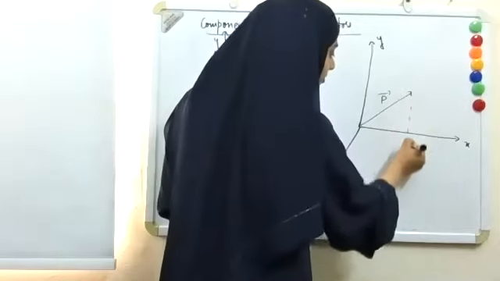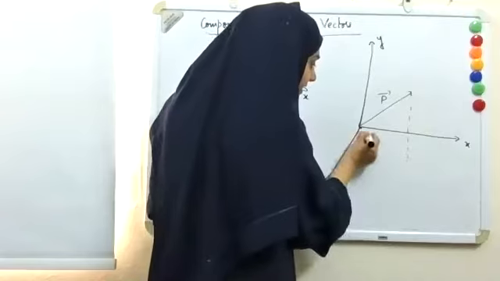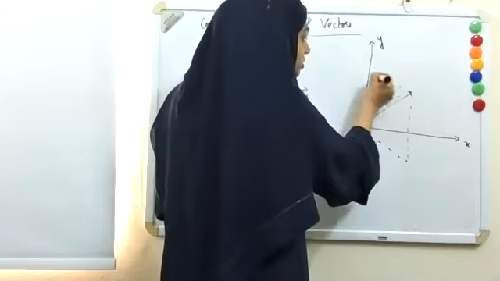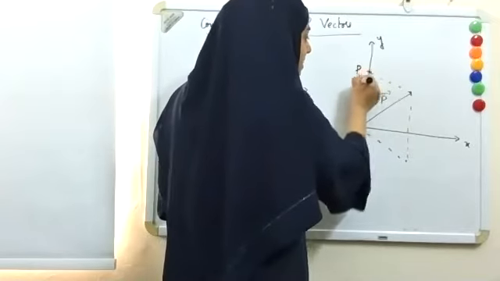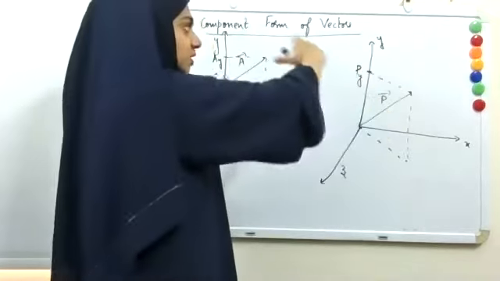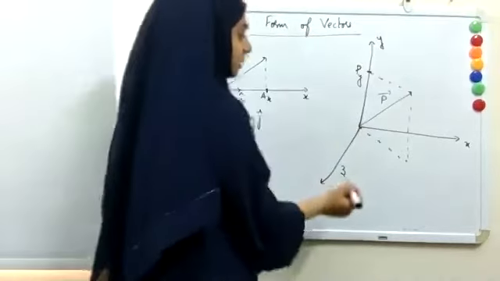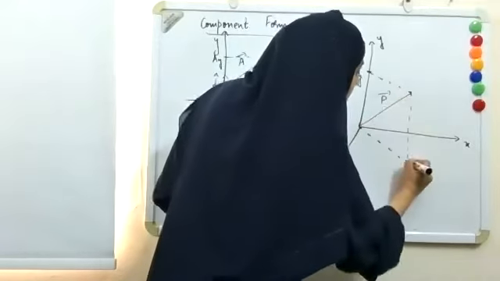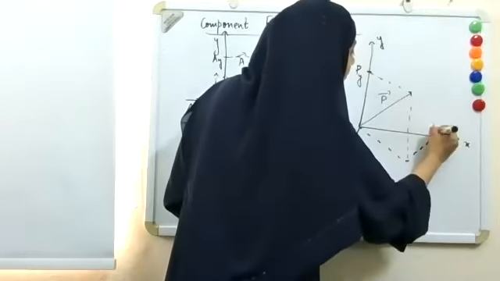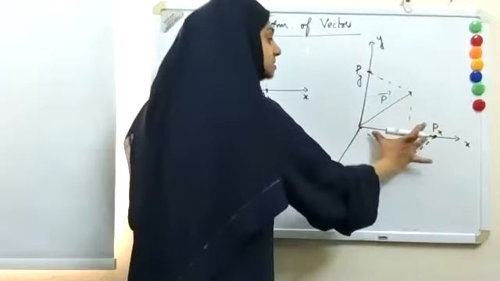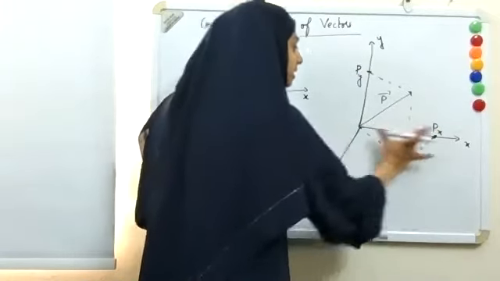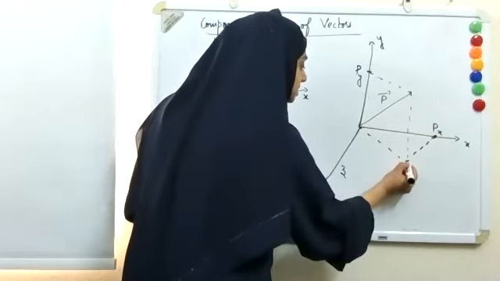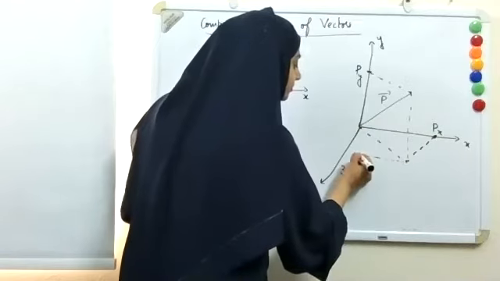First let me put it down to the xz plane. Parallel to this I am drawing here. So I have here Py, the magnitude along the y direction. I am going to draw parallel to this line, and I will get here Px, the magnitude of this vector P along the x direction. I am going to draw parallel to the x-axis here. So I have here